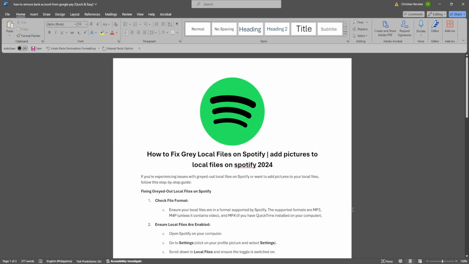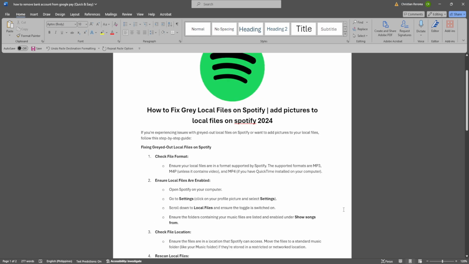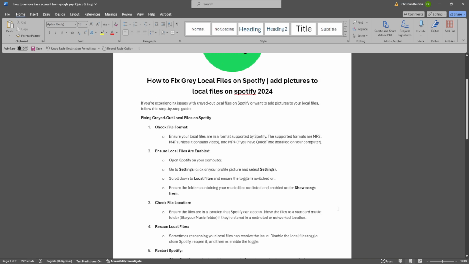In this video, I'm going to show you how to fix gray local files on Spotify. So please watch the video until the end and follow this tutorial step by step to avoid making mistakes. So let's get started. The first thing you want to do is to check your file format to ensure